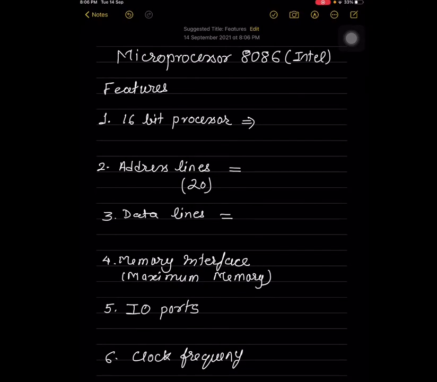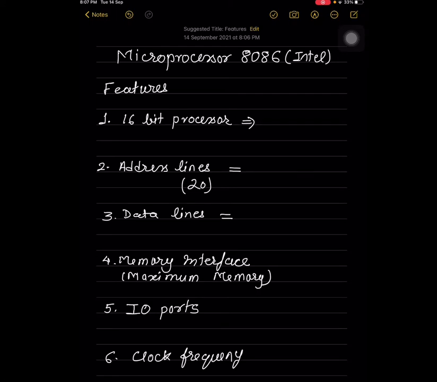So students, today we will discuss the features of microprocessor 8086, which is an Intel microprocessor, the base of all the processors that are in current use. The processors we use these days in our laptops or desktops are normally Intel microprocessors, and the base of these processors is microprocessor 8086. Although 8086 is only of laboratory use now, we still need to study it because it forms the base of current processors. To start with, we discuss the features of the 8086 microprocessor today.